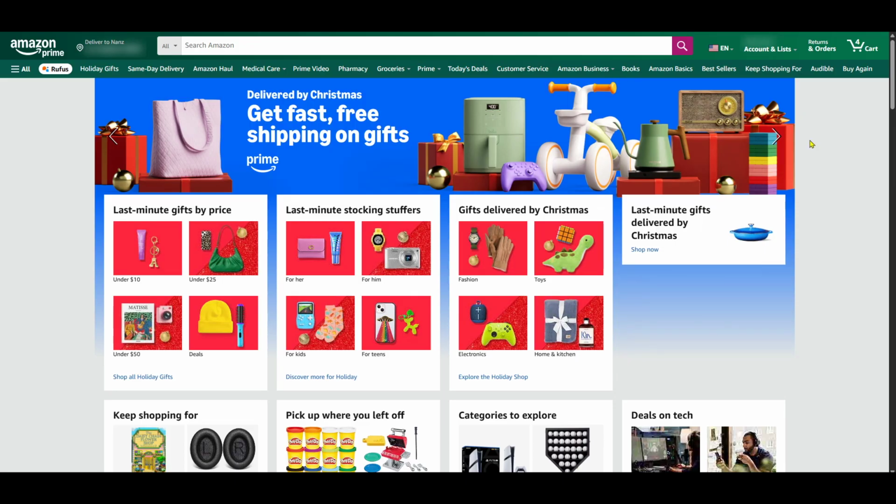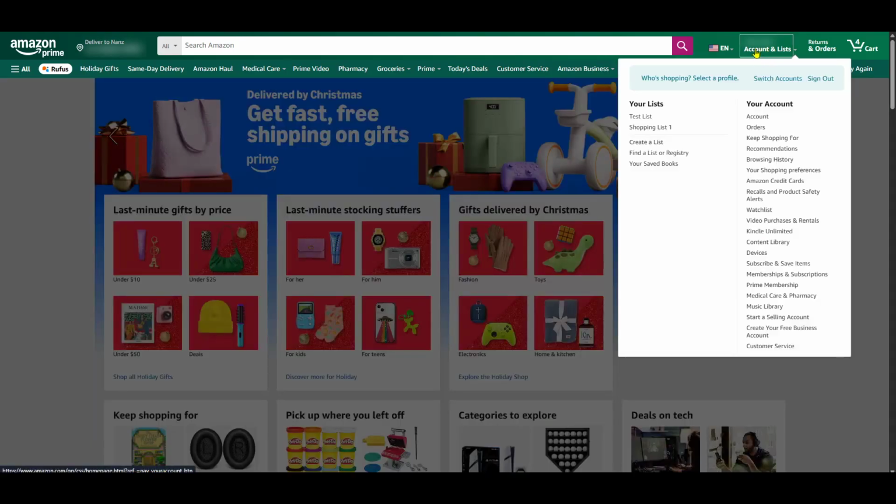Once the page loads, you should be greeted with the familiar home page where you can start managing your account settings. After arriving on the home page, direct your attention to the section labeled Account and Lists, which is typically located at the top of the page. Selecting this link will lead you to a menu where you can access various account-specific features. This step is important because it grants you access to a range of settings that influence your overall shopping experience